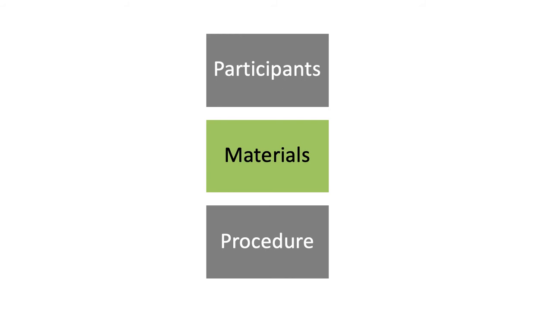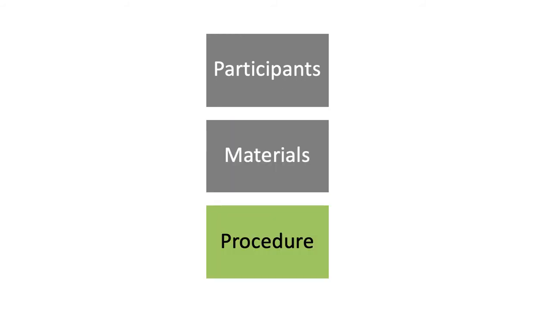The final section of the method is the procedure. In the procedure section, you'll be talking about how the study was conducted. So you'll be mentioning things like whether it was an online study, or whether it was conducted in a lab, or perhaps whether it was a pencil paper survey. You can mention things like whether there were any time limits, or otherwise how long the study approximately took participants